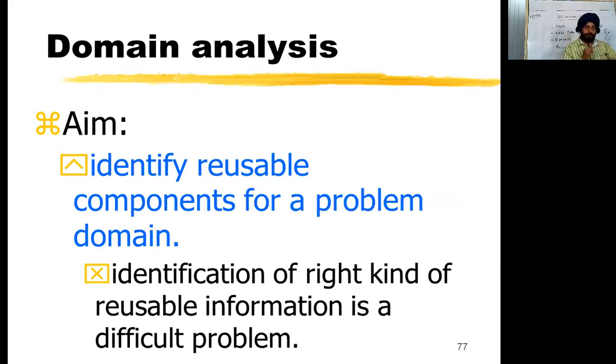Suppose there is a component C1, which is present in environment 1. You want to know whether this can be used in environment 2, or in any other new product or not. It is only possible if you have proper domain knowledge, which means all the knowledge required for that particular component. Then only can you decide whether it can be reused or not. Next.